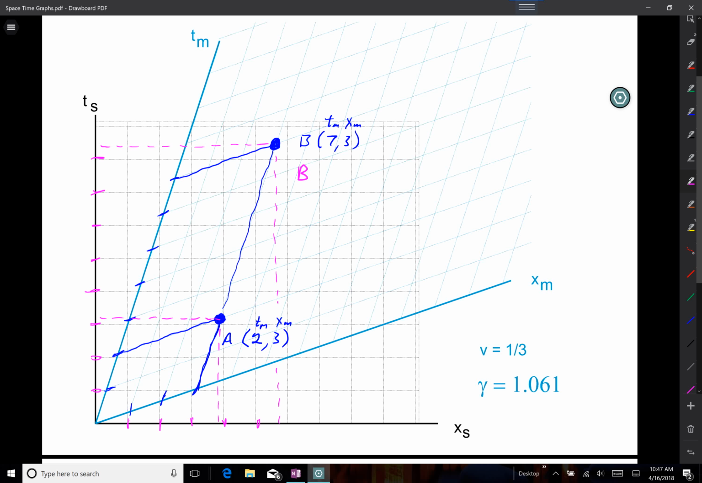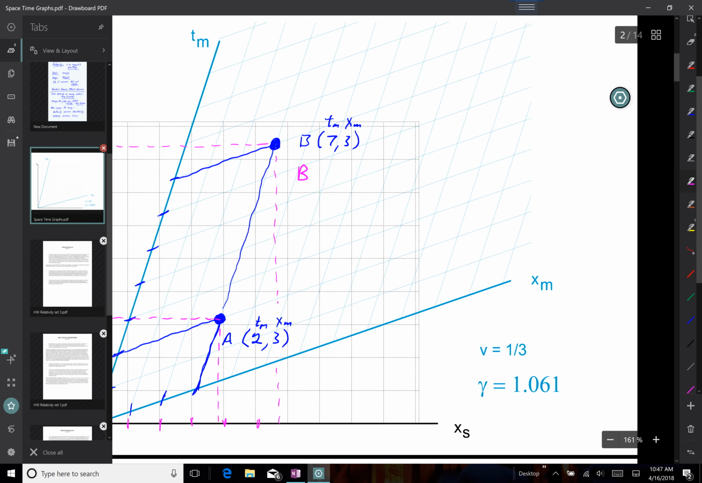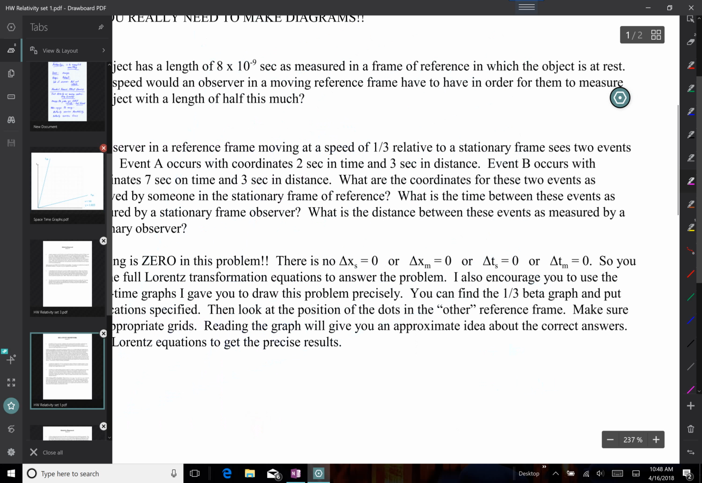That's an approximation, and when you calculate using the Lorentz equations, you should be able to get more precise, but they should be close. Your approximate eyeball reading of the graph should be close to what you get when you do the detailed calculations. All right, let's take a look at